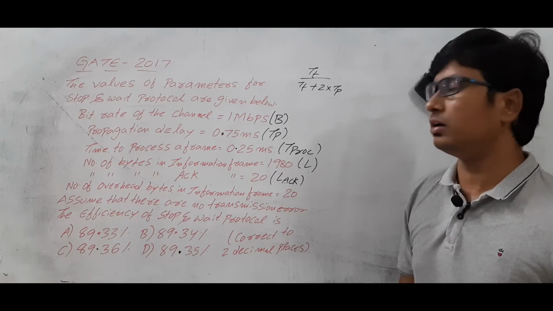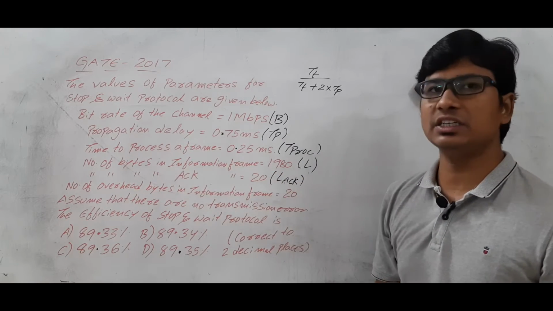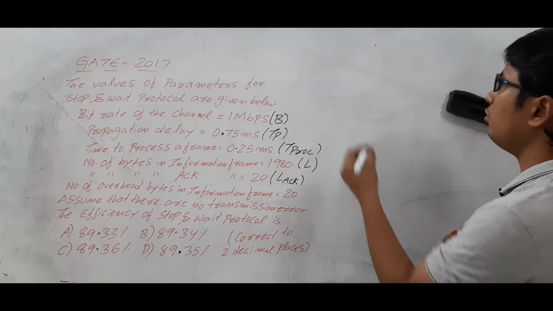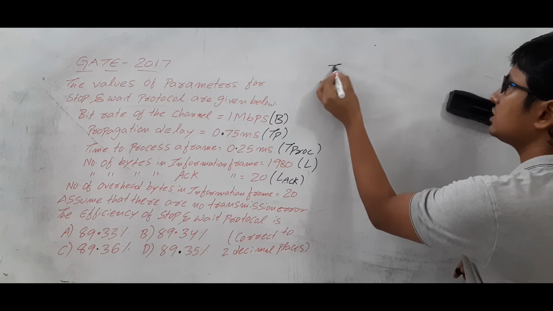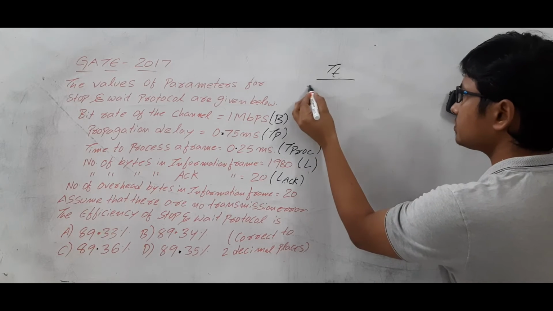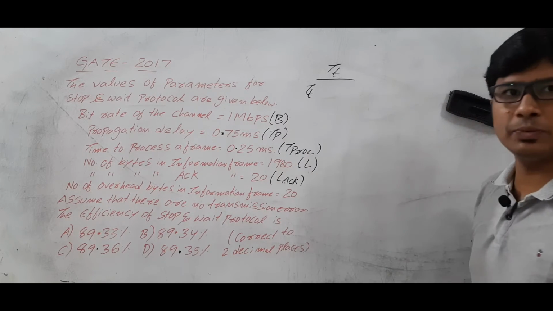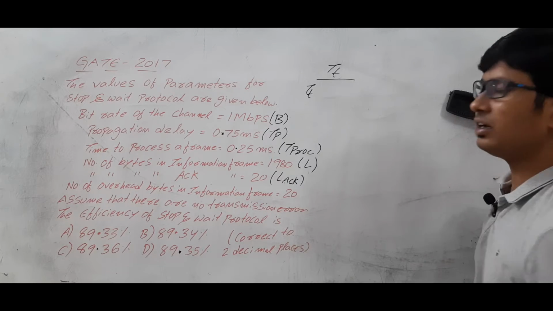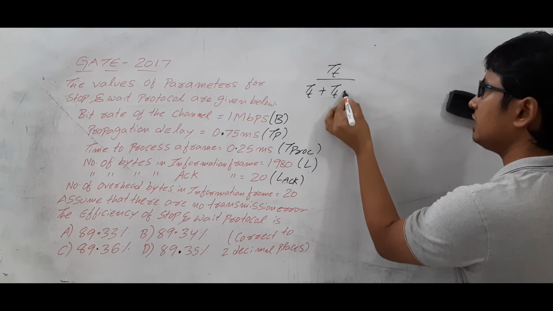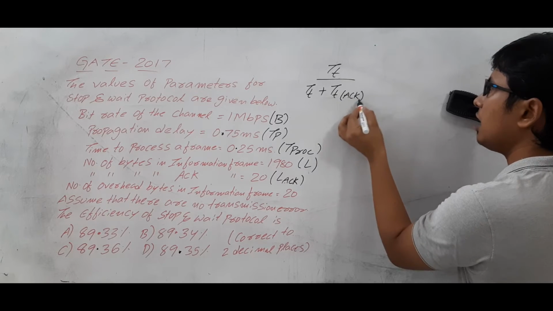But however, they have mentioned this, so I have to modify this equation. In the useful time, we are just sending one packet. So, it will be transmission delay for the data plus transmission delay for the acknowledgement,